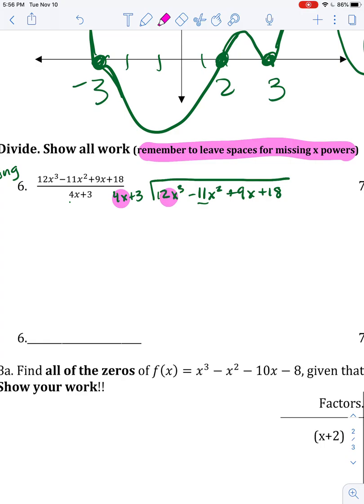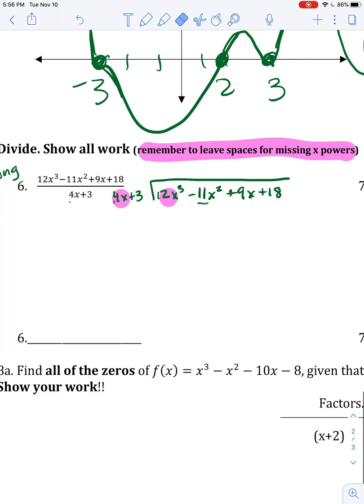Okay, so I'm going to look at this 4 and this first term, and I'm going to think about what I have to multiply that by. Or if you would rather, you can think, what is 12x to the 5th dividing out of 4x? This part becomes a 3. This x cancels 1, and I get 3x to the 4th. So